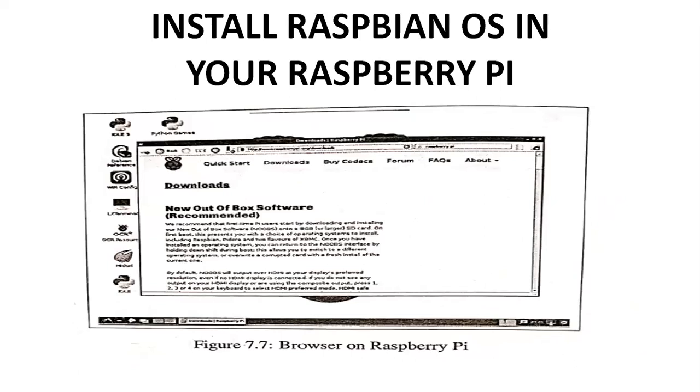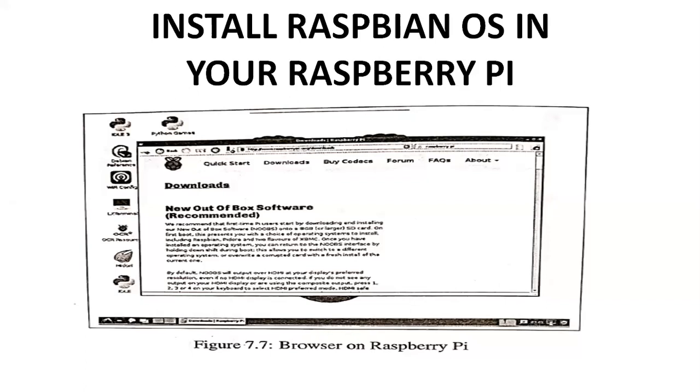Next you will identify the browser on the Raspberry Pi. What is the necessity of the browser here? The Raspberry Pi is connected to a TV or a simple monitor. The monitor does not have any computer hardware information; it is simply a monitor. Here it opens the computer, that means a browser. In that browser, you will browse the internet. You may connect a different modem.